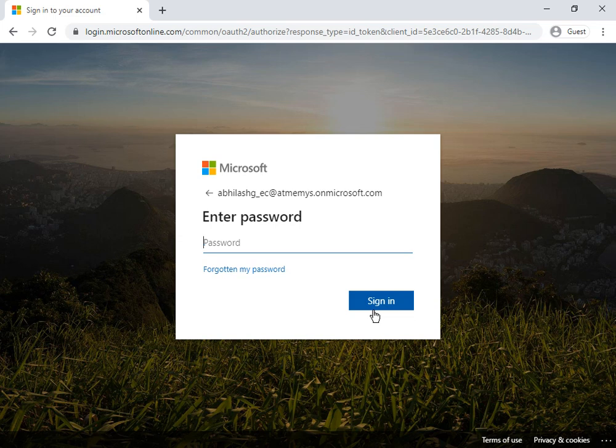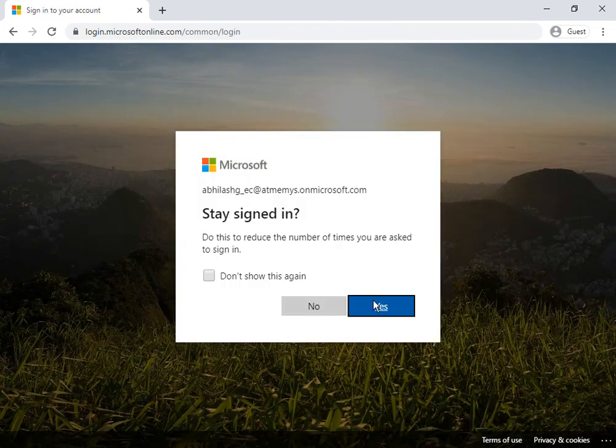Now if you're doing this for the very first time, Microsoft will ask you to change the default password that has been given to the account. So we'll have to do the password change. You'll have to give a new password, double confirm it, and following that, you'll be directly logged into the Microsoft Teams account. I have already done that, so I'm going to directly log into my account now. On sign in, you can actually see the console of Teams directly here.